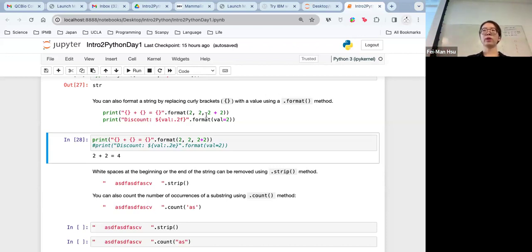Think about you want to print something like this, and we want to change the values accordingly. They will assign the first value to the first bracket, the second value to the second bracket, and then the final to here. I want to print in this format, into equation format,